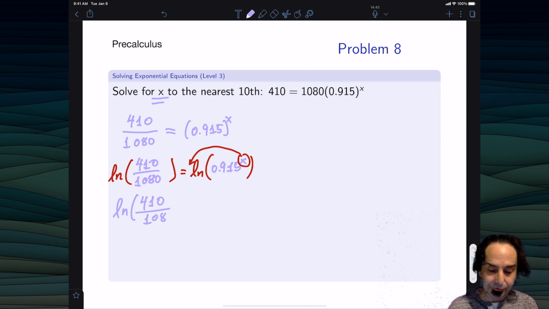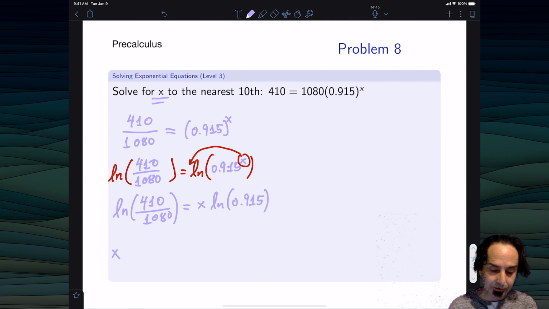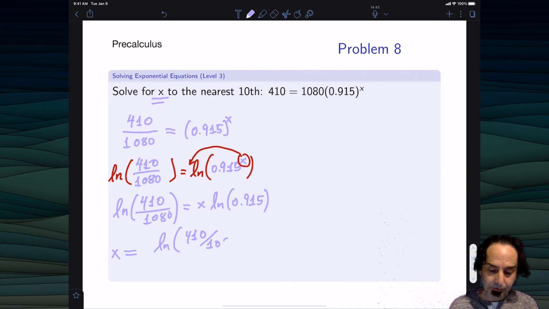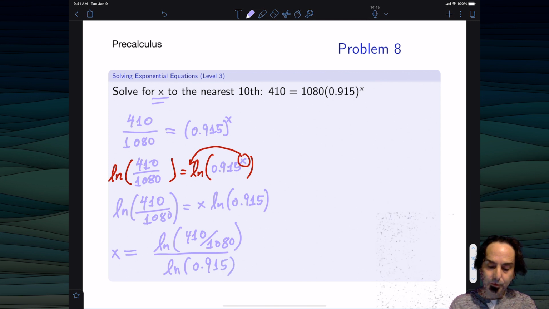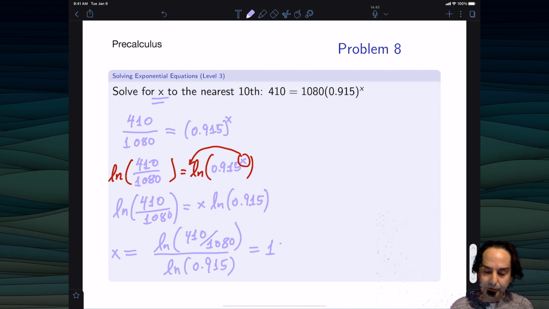But we do have a natural log button on the calculators, and here is 0.915, and so we can solve it, and x is going to be the ratio, this complicated logarithm, divided by 1080 over a simpler logarithm. Okay, and we could put those into the calculator, solve it, and my calculator spits out